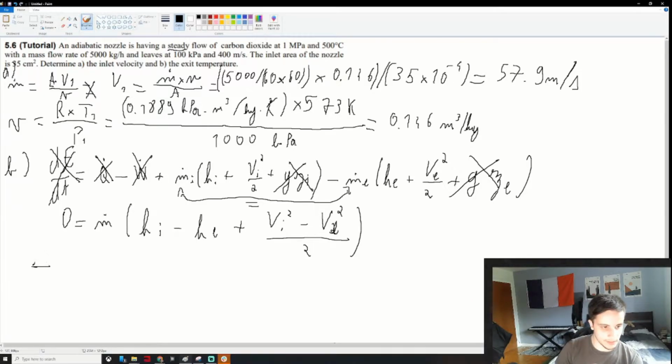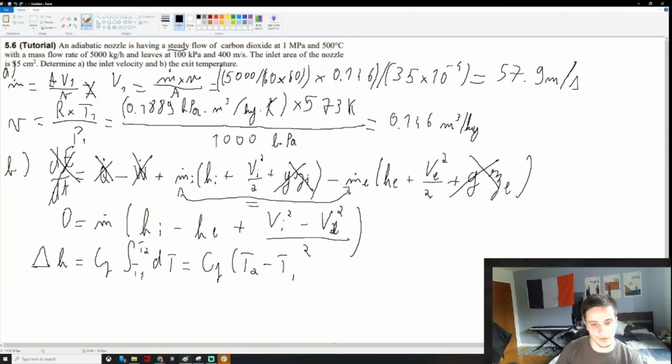So delta h, or specific enthalpy, is equal to Cp integral from T1 to T2, so temperature in the first state to the second state, with respect to dT. Since we are assuming that it is linear for most gases, we can just write it down as Cp times the temperature at the exit minus the temperature at the inlet,